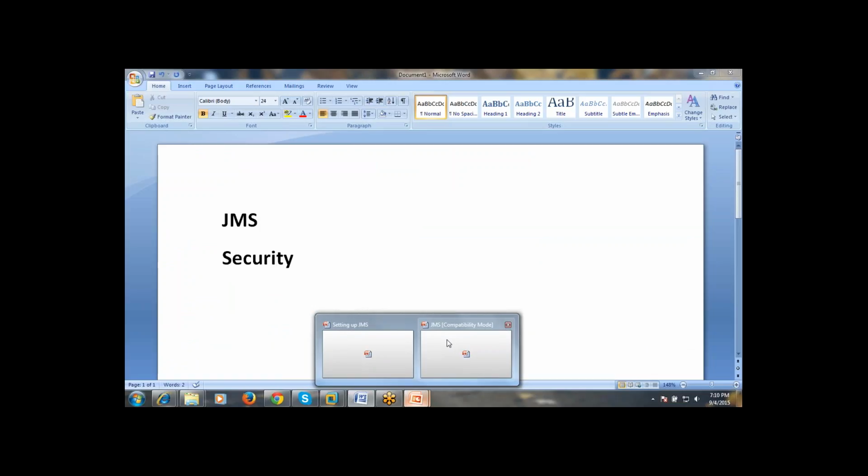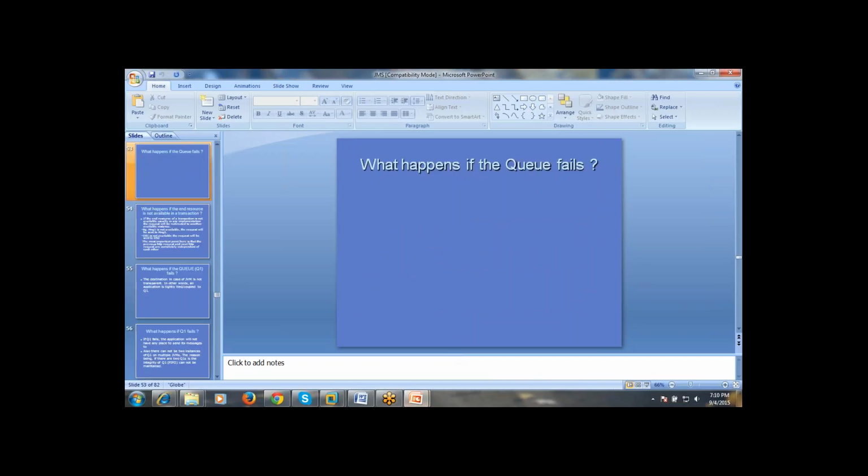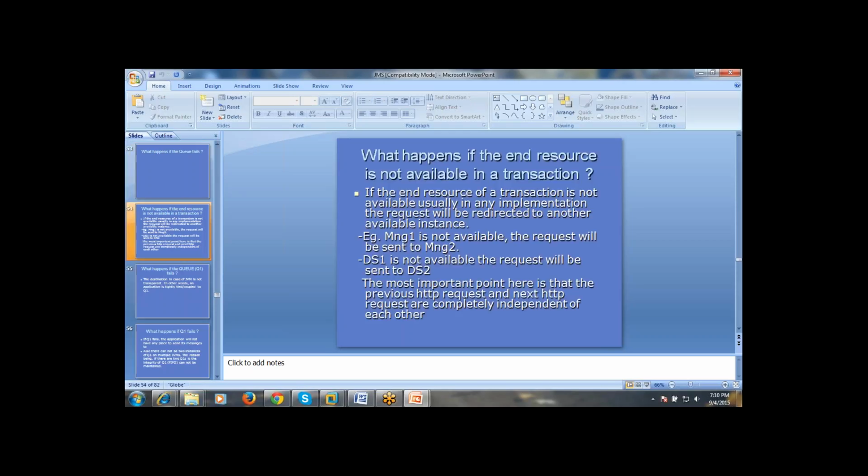So this is about how JMS handles failures. We are just moving into advanced level JMS clustering. My question is, while a message is being sent to either a queue or a topic, if it fails, what about my message? How would it be handled in the cluster if any one of the servers fails, which is redirected to the